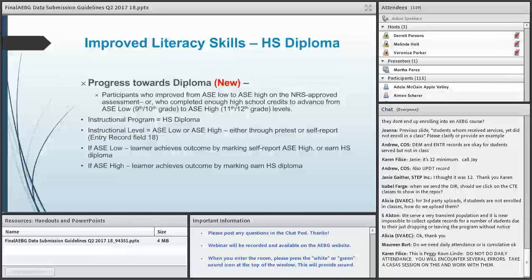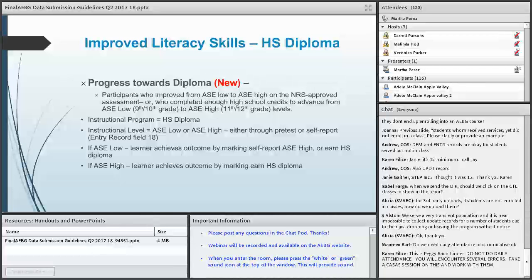The instructional program entered for those individuals should be high school diploma for those who are working towards getting the high school diploma. Their instructional level should be ASE low or ASE high.